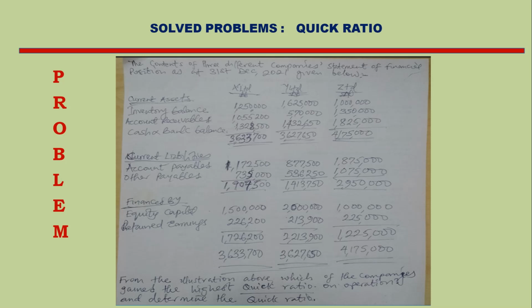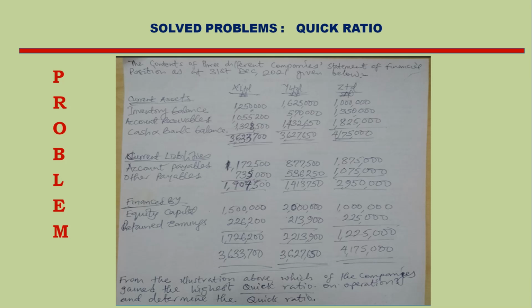Current assets. Inventory balance: 1,250,000, 1,625,000, 1 million. Accounts receivable: 1,055,200, 570,000, 1,350,000. Cash and bank balances: 1,328,500, 1,432,650,